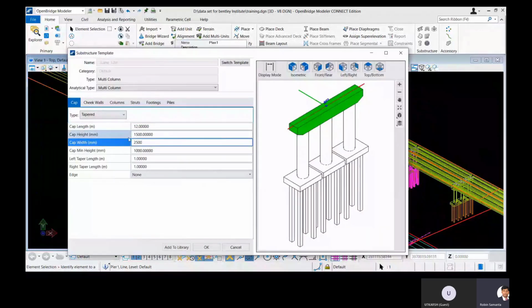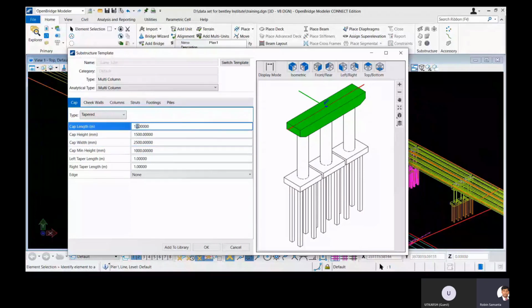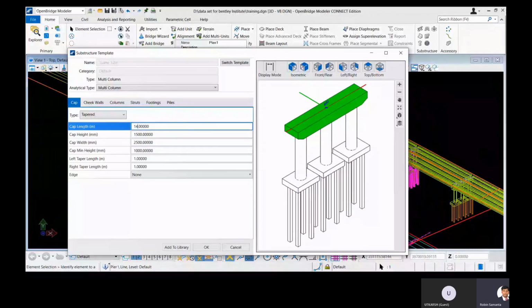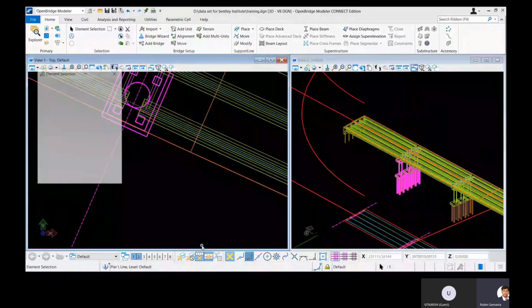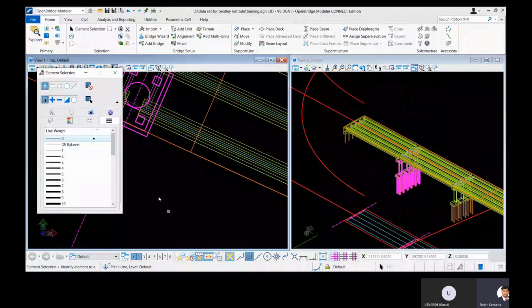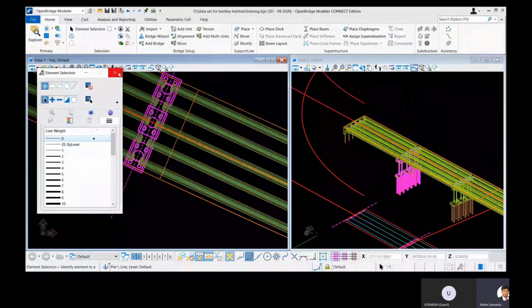You can see that though we have defined it through one template, we can immediately change those things. So we'll use a 13-meter cap length for the straight and 13.5 meter for the skew, and the cap width will increase from 1.5 meter to 2.5 meter. So we have updated our pier cap size, and you can see that it has been updated.